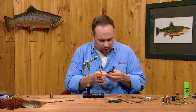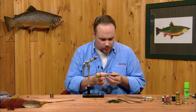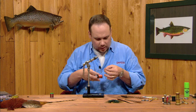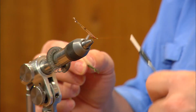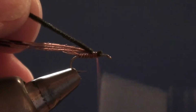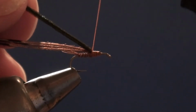Now I'm going to grab a little bundle, 6 or 8 fine peacock curls. I'm going to group these all together in a nice little bundle. I'm going to trim the tips square. I'll bring my thread forward to just behind the index point and tie these in. I'll pull them down to length, and I'll wrap back over these right up to the base of the wing